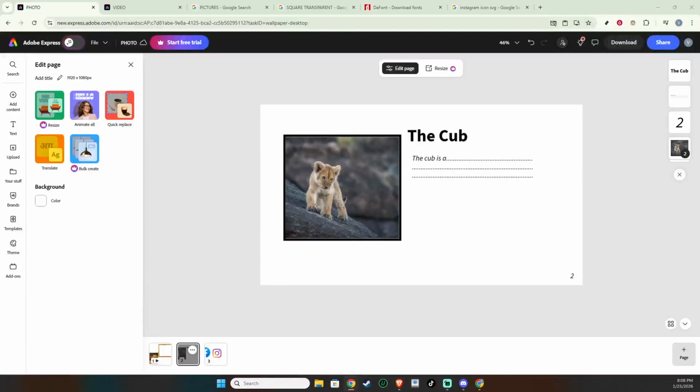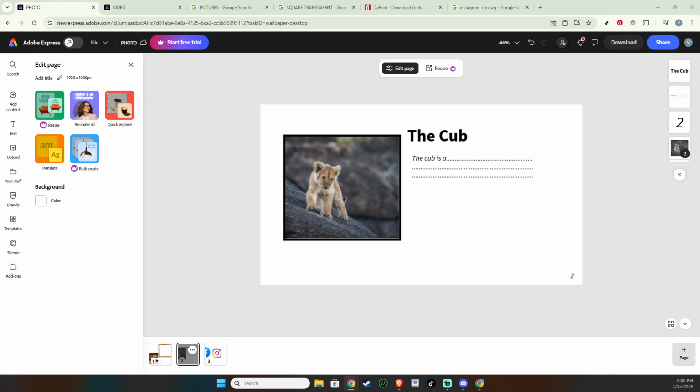In today's video, I'm going to teach you how to add a watermark in Adobe Express. A watermark is a simple way to protect your work and keep your brand consistent across designs, photos, or videos. We'll keep this quick and clear, and by the end, you'll have a clean, professional watermark that enhances your content